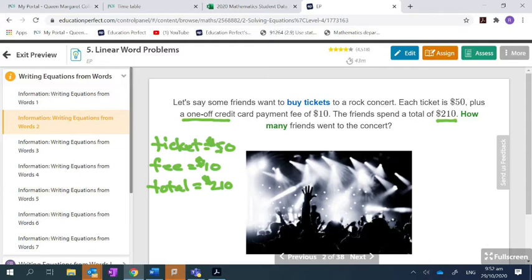So, how many friends went to the concert? In other words, if it's how many friends, that means the same thing as saying how many what? People. There you go. Because each person that goes to the concert has to have a what? Ticket. Does it say people anywhere in my list? No. Instead, I know it in tickets. But I know that each person has to have a ticket, right? So the number of tickets